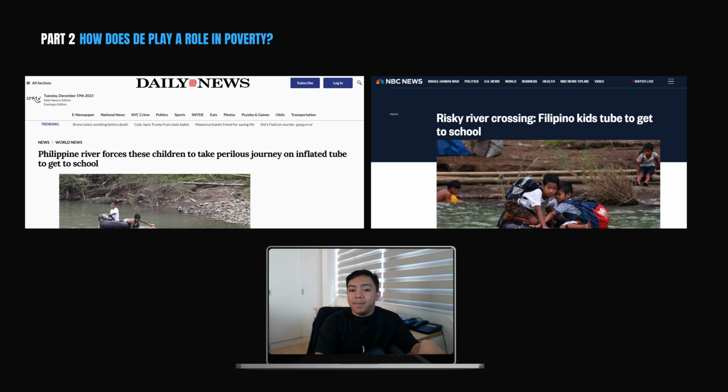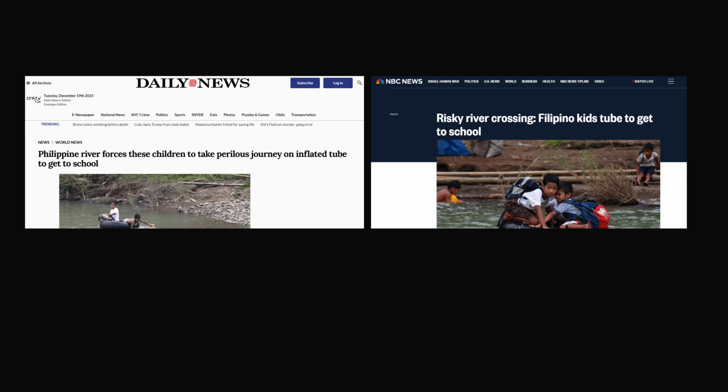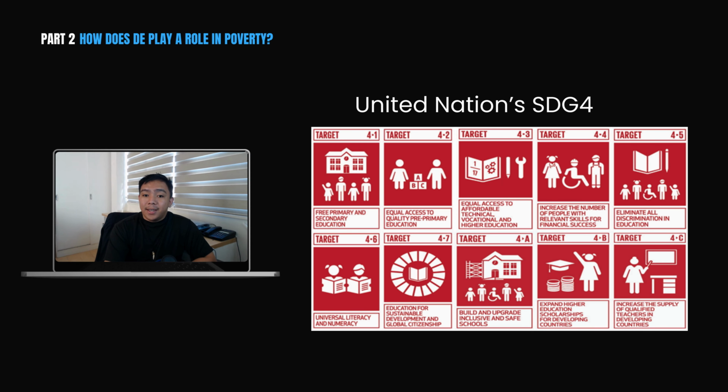In a way, then, it becomes an opportunity for access to education if implemented properly and if students are given proper support. This could really be an avenue for students to attend school all the way from home without putting their lives at risk. So, in a nutshell, DE could be a way to achieve targets of the UN's SDG goals, especially number 4, quality education, which is basically about two things: inclusivity and equality in education.